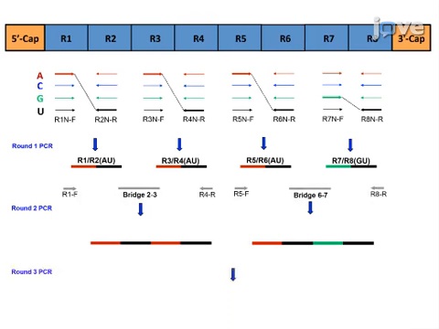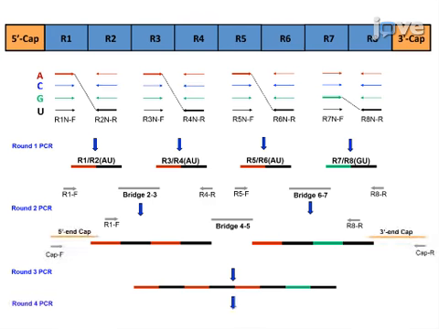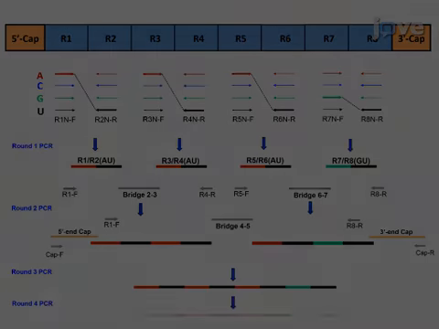In round 3, use the products from round 2 and bridge 4 to 5 as templates with the R1 forward primer and R8 reverse primer to generate coding sequences for R1 to R8 without caps. In round 4 PCR, use R1 to R8, 5' end cap and 3' end cap as templates to generate coding sequences for